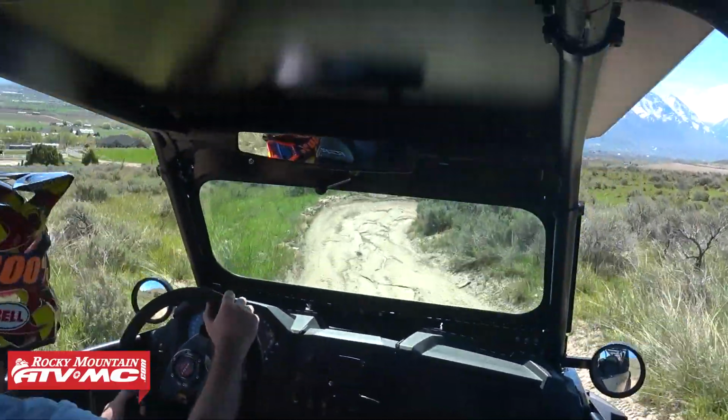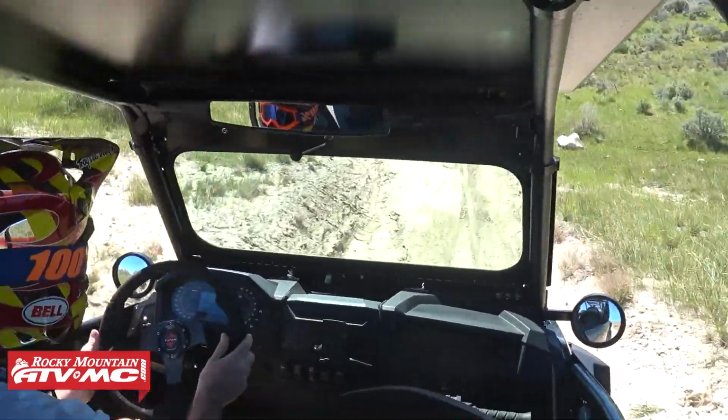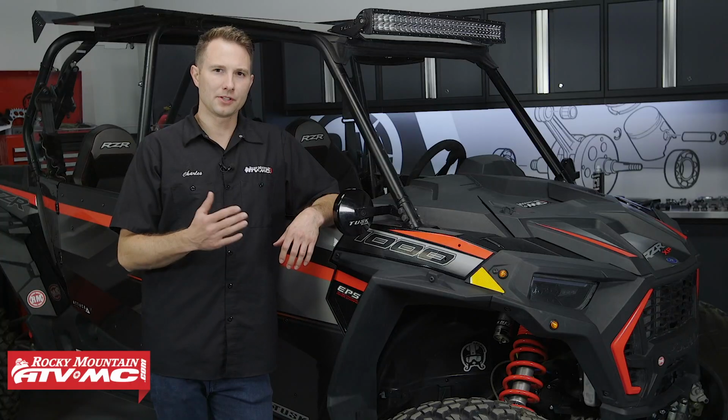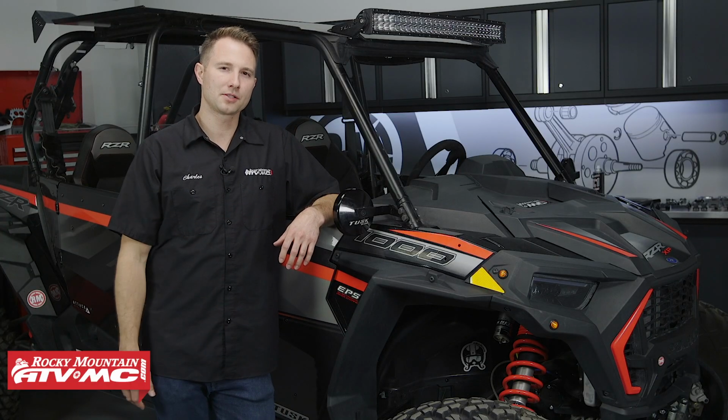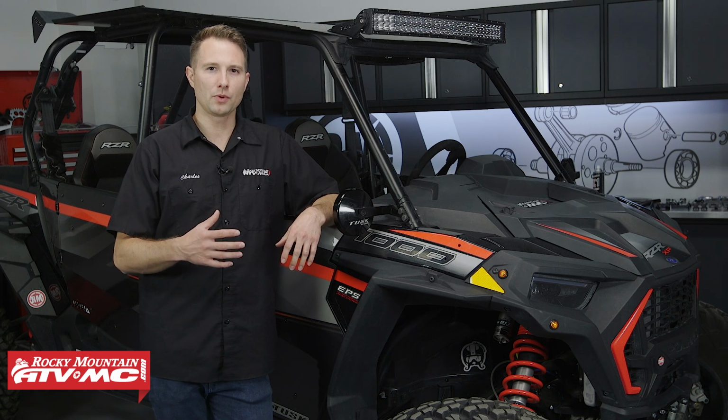You also have the option to run a windshield wiper. We chose to do that because it's going to benefit us in our riding conditions. Now, if you need to know more about the features of this windshield, make sure you watch our product spotlight video on it. But for today, we're just going to show you how to get this installed on a 2019